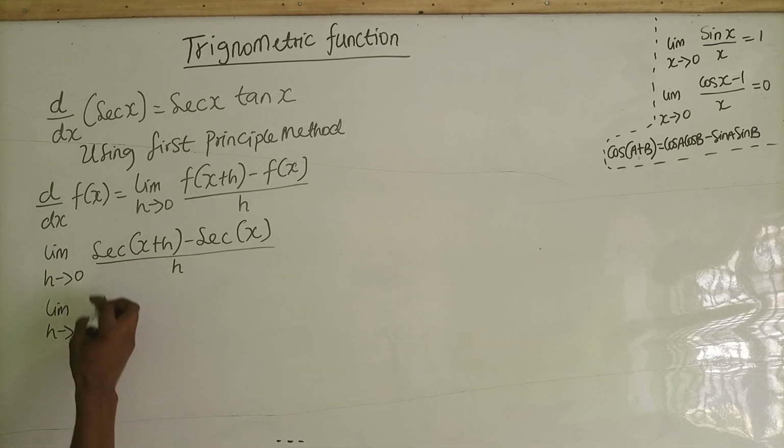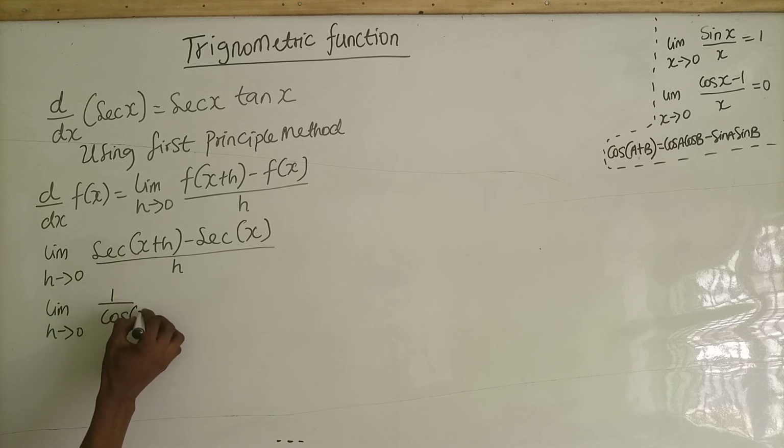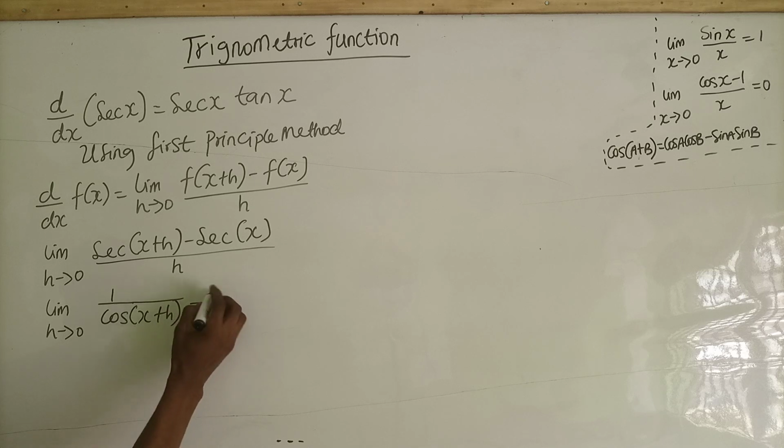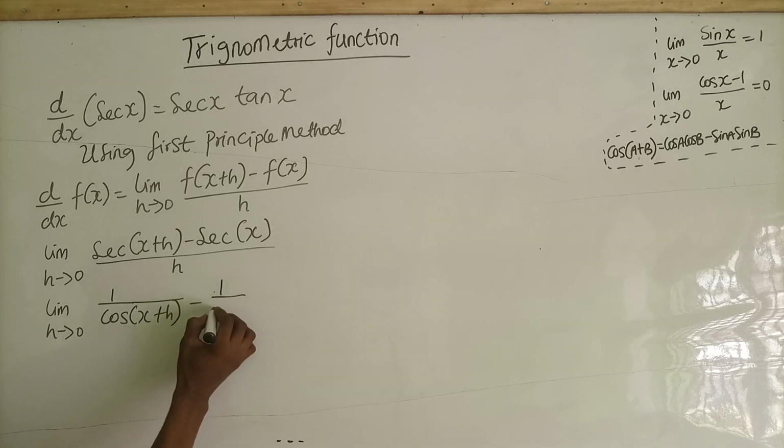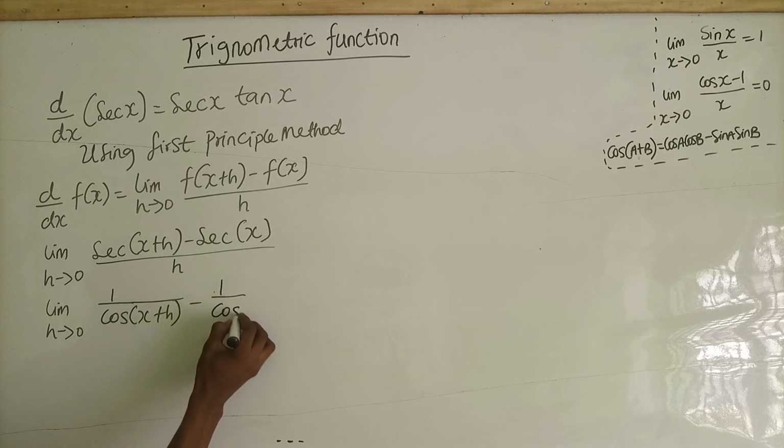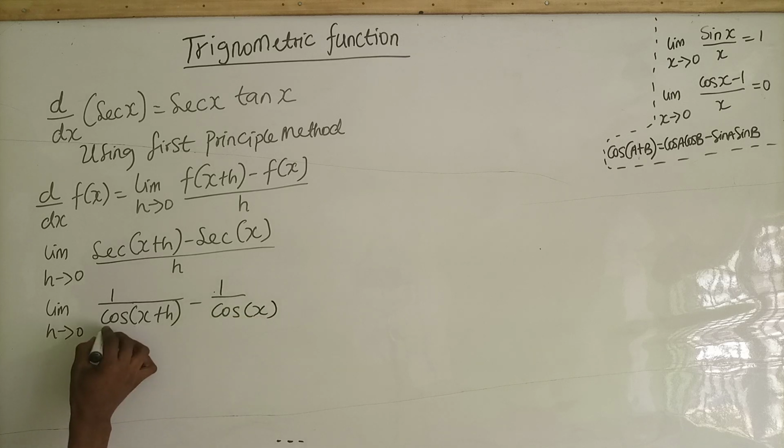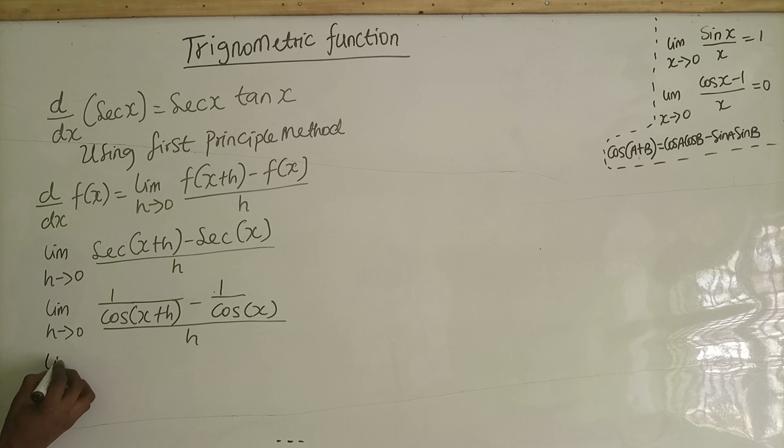Sec is equal to what? 1 over cos. You put x + h, minus sec, which is 1 over cos x, all over h. So we are going to have the limit as h approaches 0,